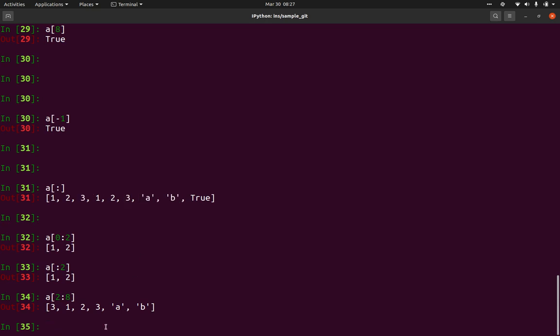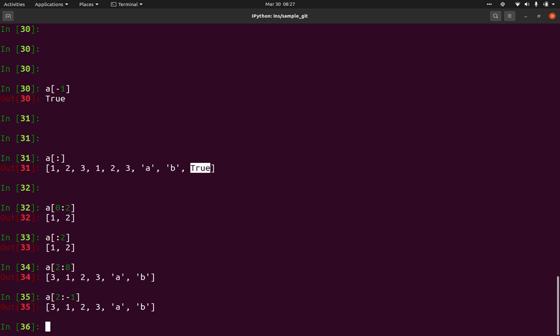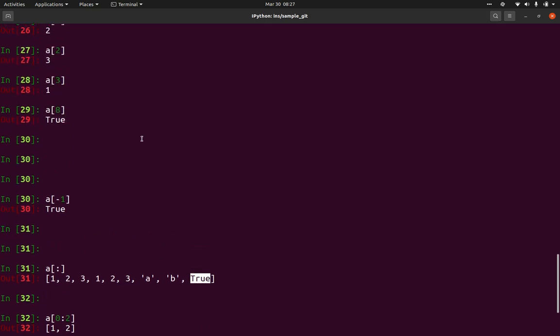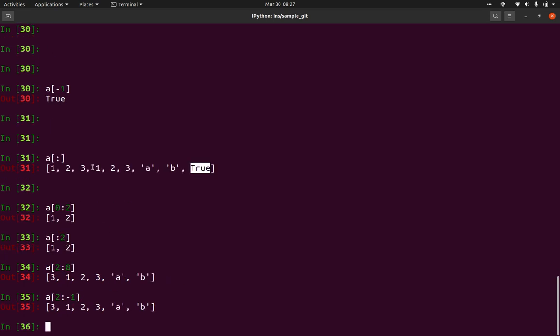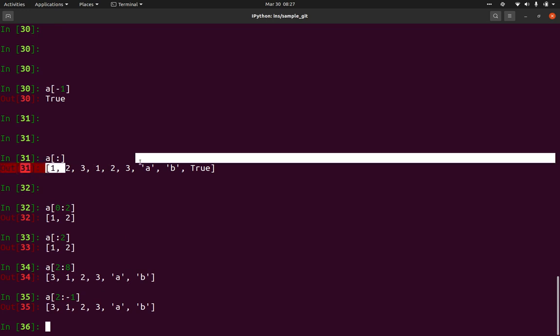In a similar way, this 8 represents the negative index of minus 1, so the same value you can also give like this. 2 to minus 1 will also give you the same result. Got it? You can use either positive indexing or negative indexing, but the index values have to be the same. You should be representing the same element. So this is for in-between elements.